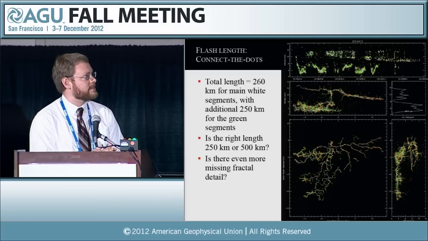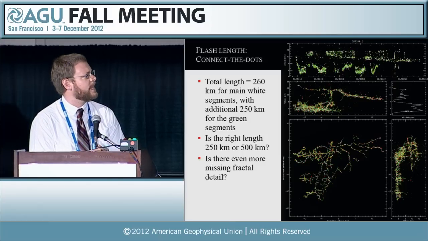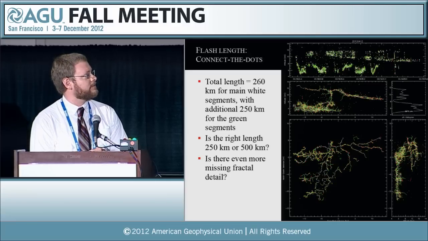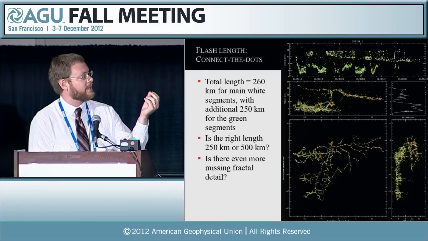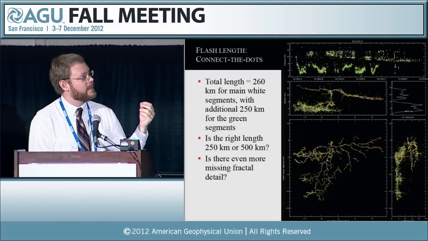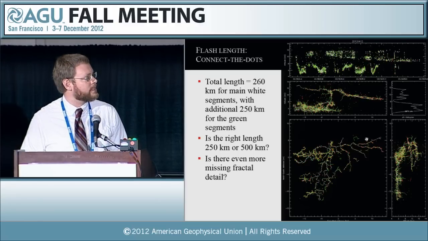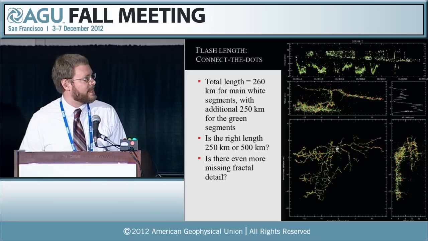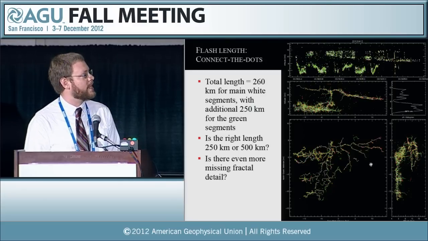All right, so this is a single flash from the Colorado LMA during April, I believe. And this is a very, very well-resolved flash. Ron Thomas did some work to connect the dots and actually put together the branched network. And then from that, you can calculate the total channel length. There are white channels that are basically the main channel segments, as well as some little green channel segments and little red dots that are sort of leaves on the end of all the branches.